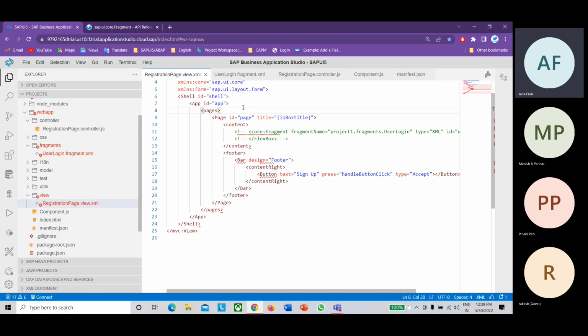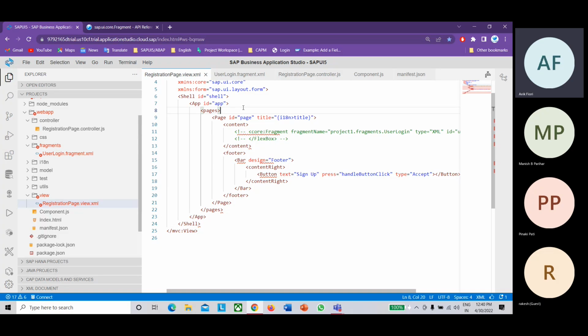You can declare that control and your view will be created. But if you're declaring the dialog, right? If you're directly adding the dialog, it won't be displayed, because for opening the dialog you have to call the open method of the dialog. Then only your dialog will be opened. You cannot directly simply add the code of a dialog inside the view.xml file.